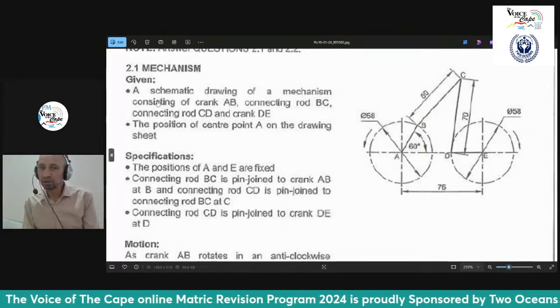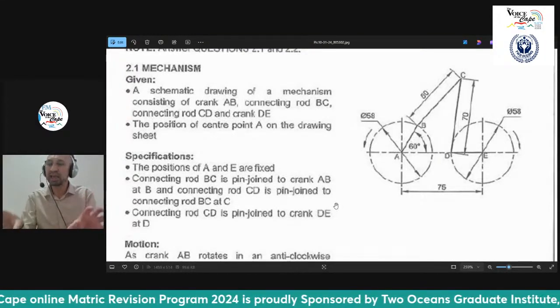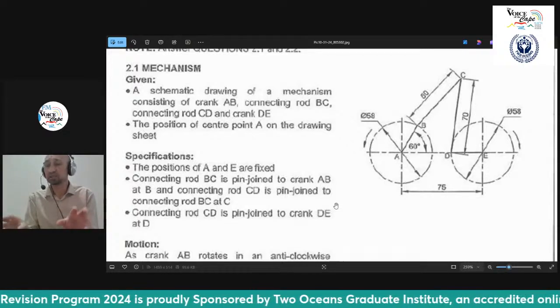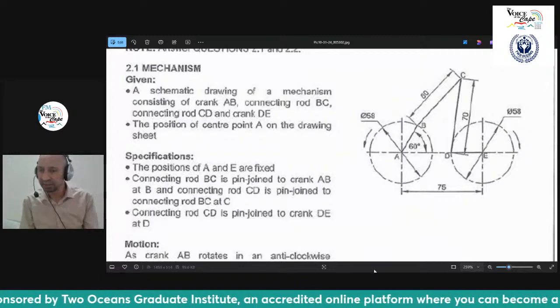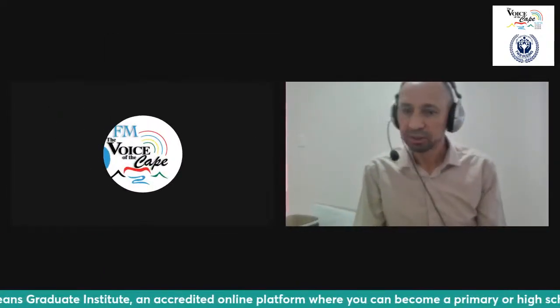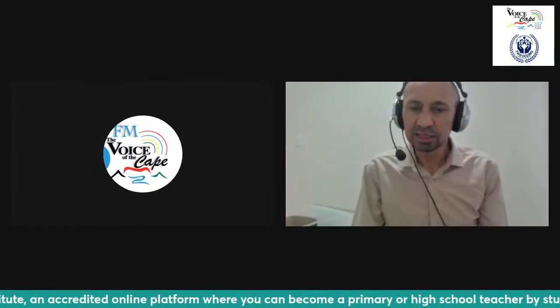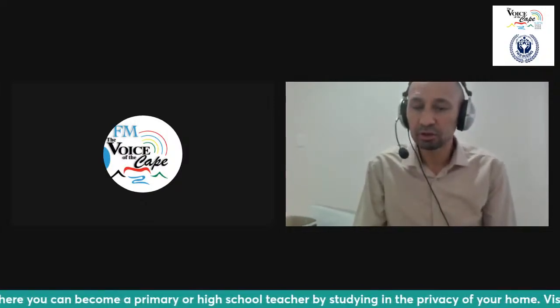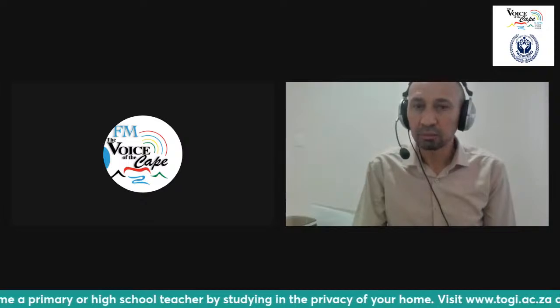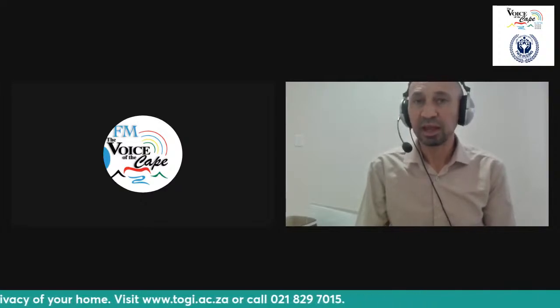If you look at it and you read the information, you must be able to understand what is happening here, because this drawing can become very busy. And if you are stuck with it, at least what you should do is maybe just draw the given, because that's the lower order part of the drawing. And if you draw the given, you will surely get marks for those as well. And maybe if you continue, like I'm going to show you now,